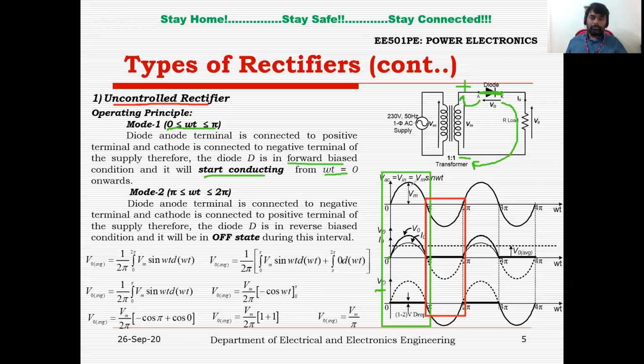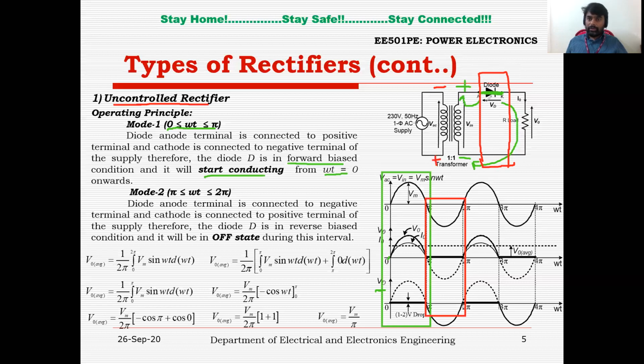Right. Now, if you move on to mode 2, I will elaborate with red color so that you can easily understand. Mode 2, which is from omega t equals pi to 2 pi, you can see this portion. During this interval, you are getting reverse voltage across the input side of this converter. Previously it was positive, now it is reverse, that means negative. And previously it was negative, and here it will get positive.